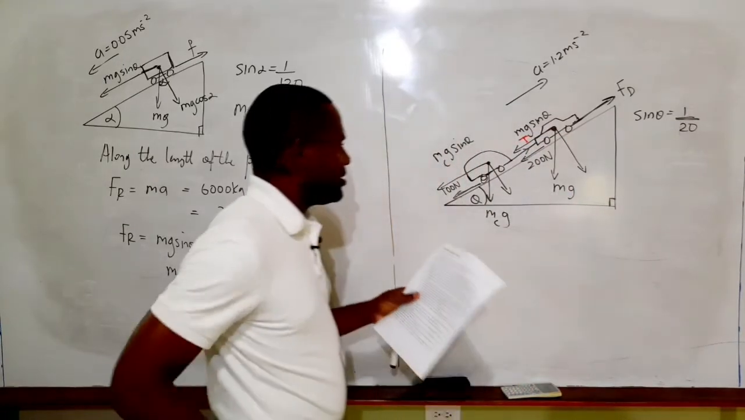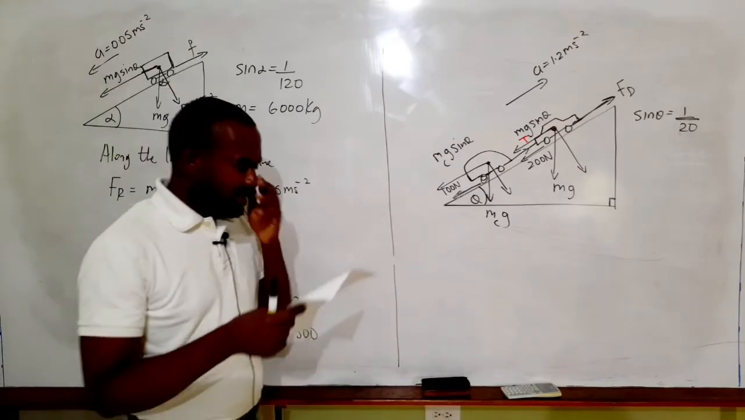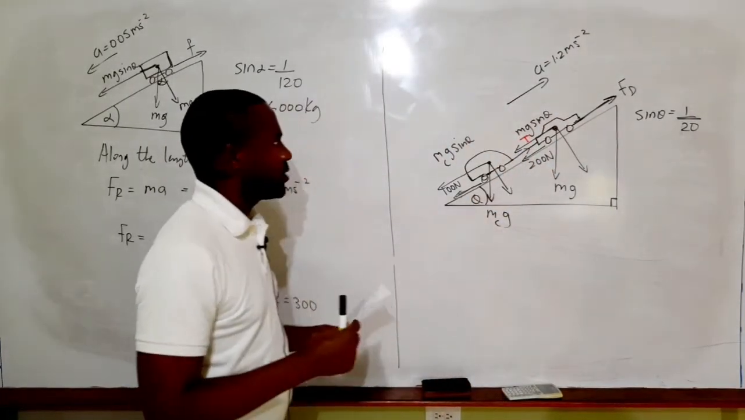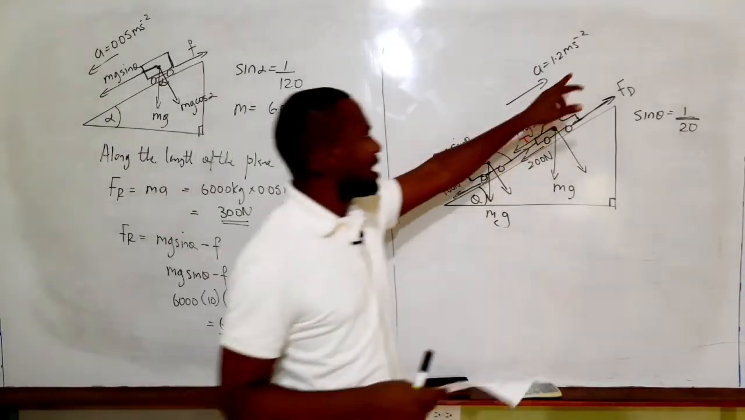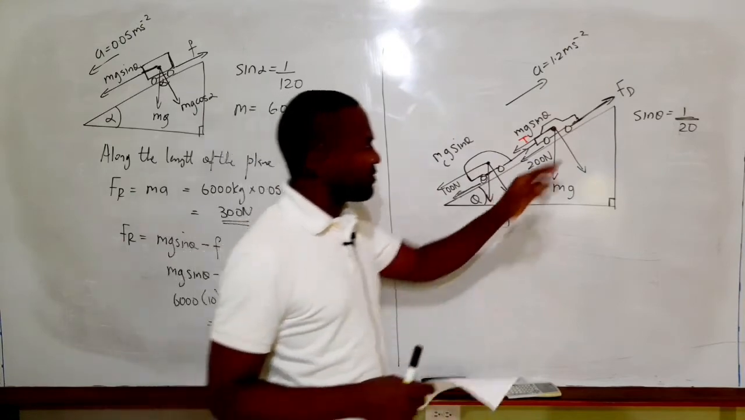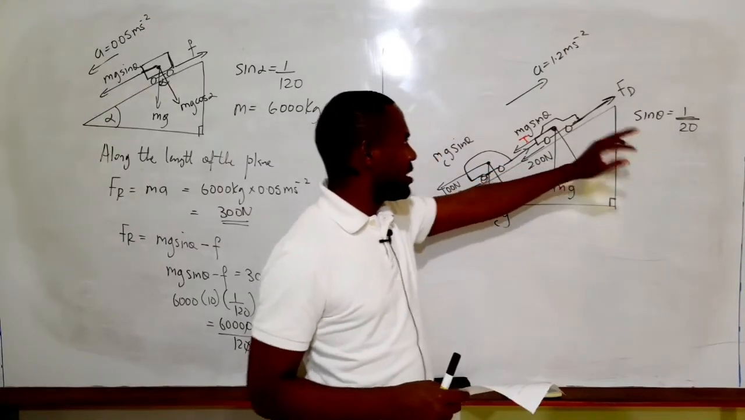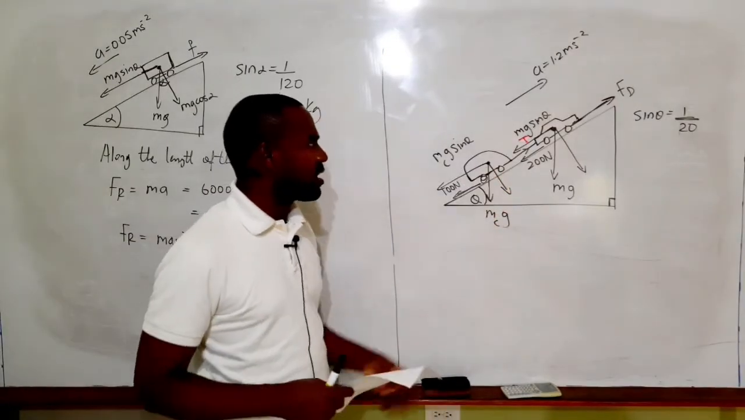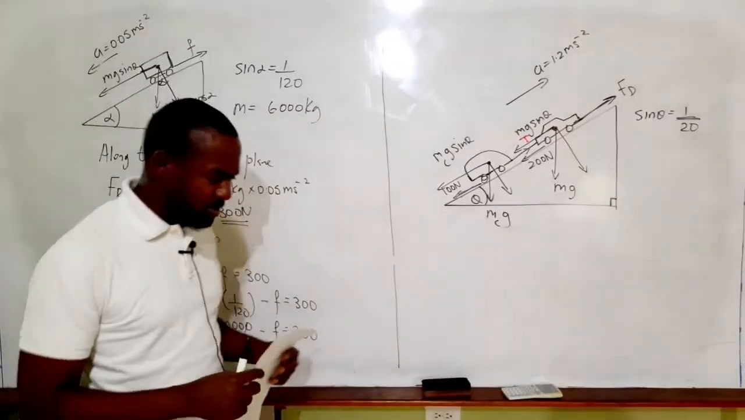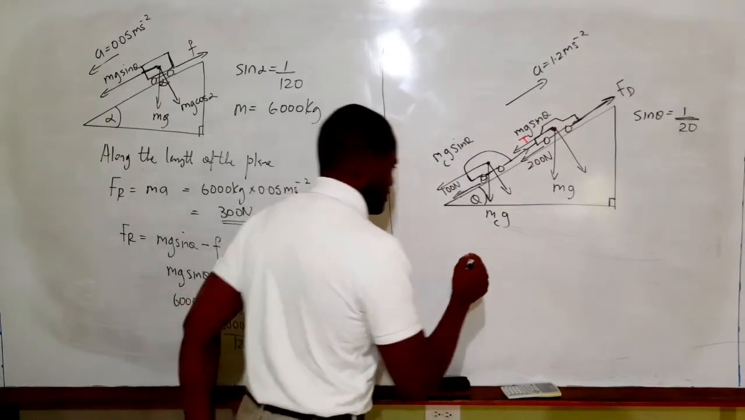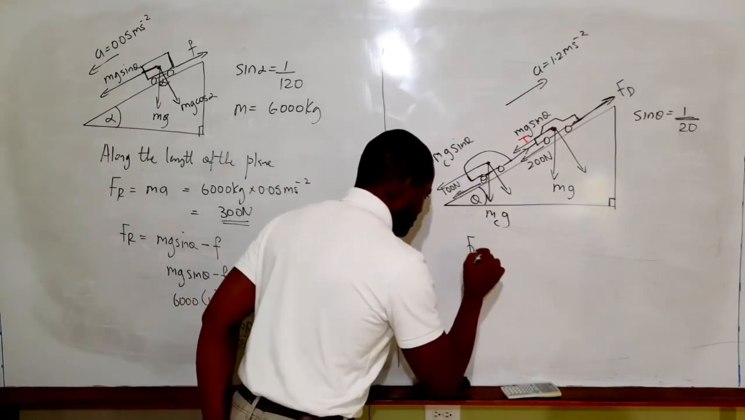So our tension T, right? Now let's consider the bodies together. We know that there's an acceleration of 1.2 meters per second squared. Now the driving force is being provided by the engine, and of course the vehicle, the car, is pulling the caravan. So what we basically know is that the forward force, let's write it this way, the forward force